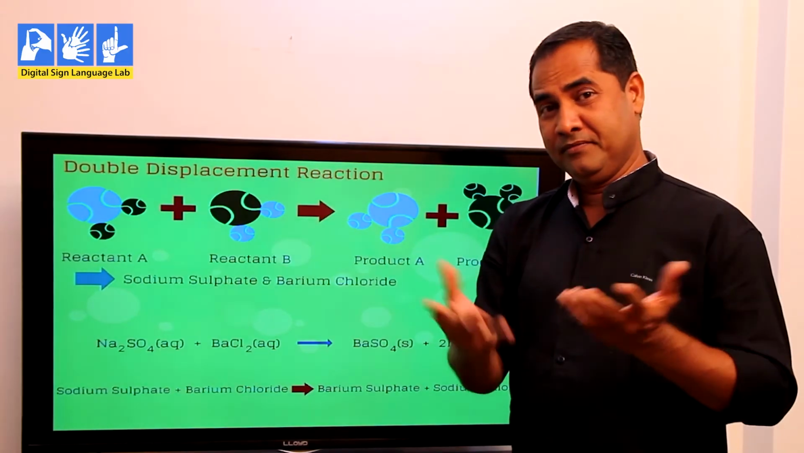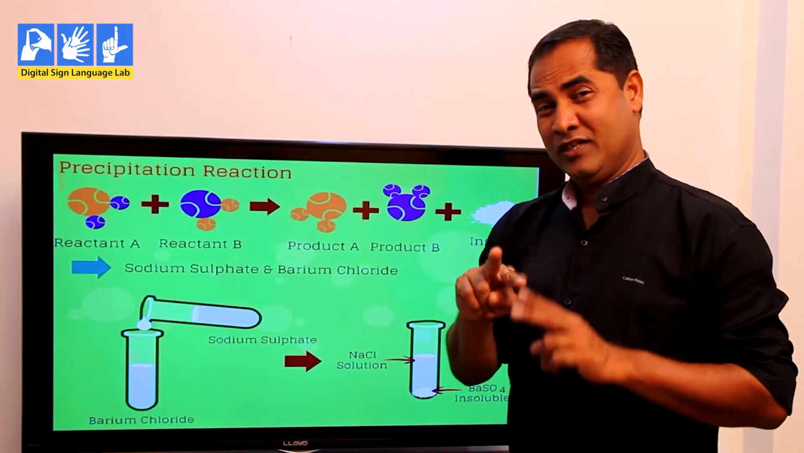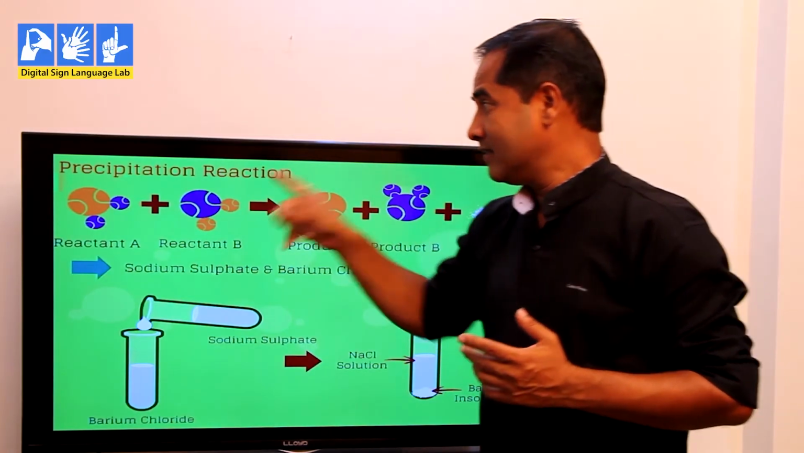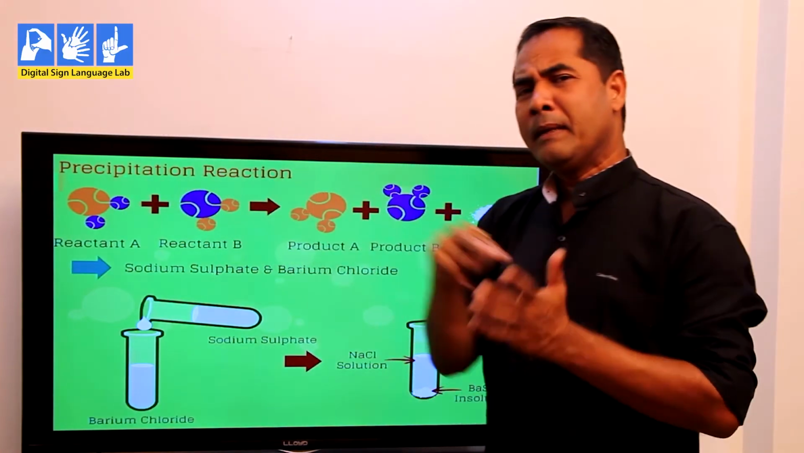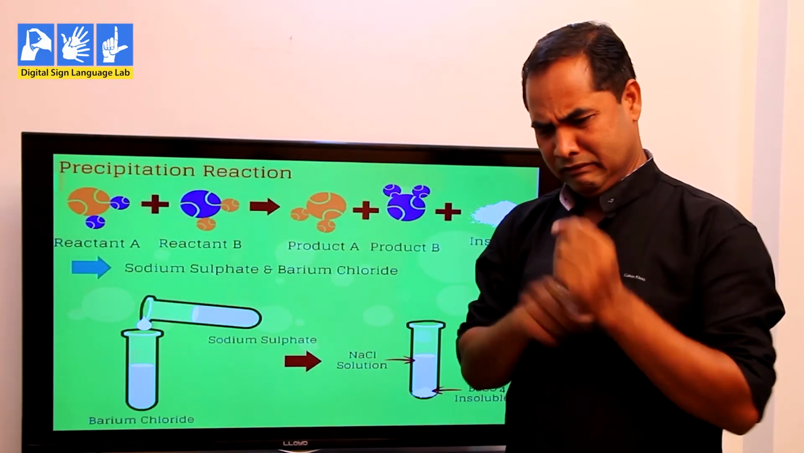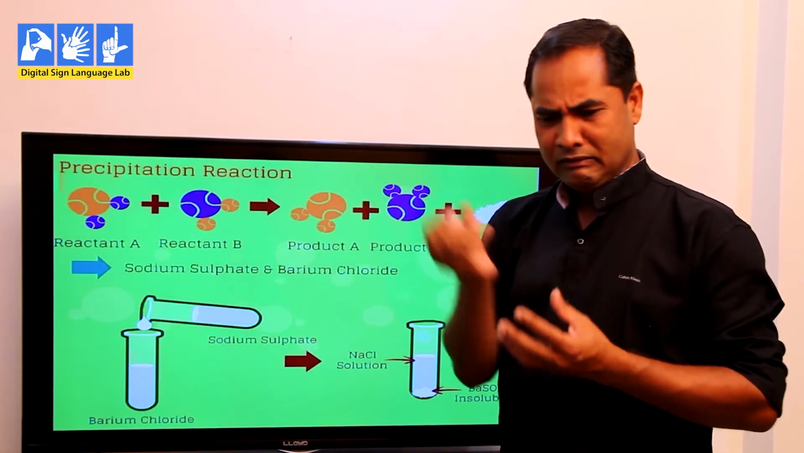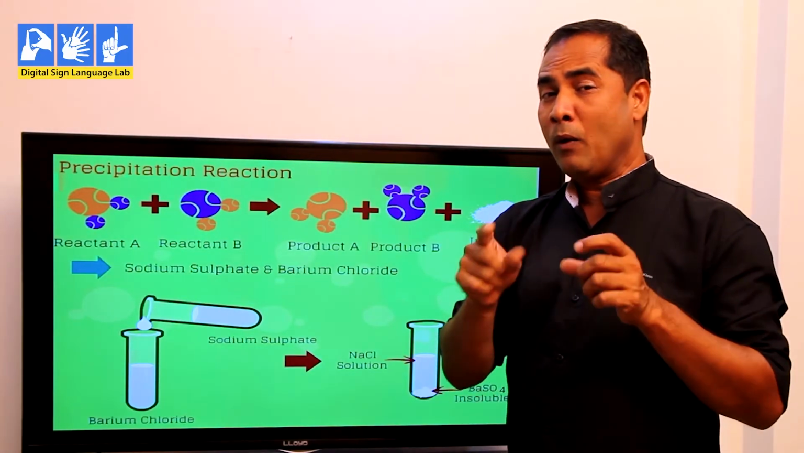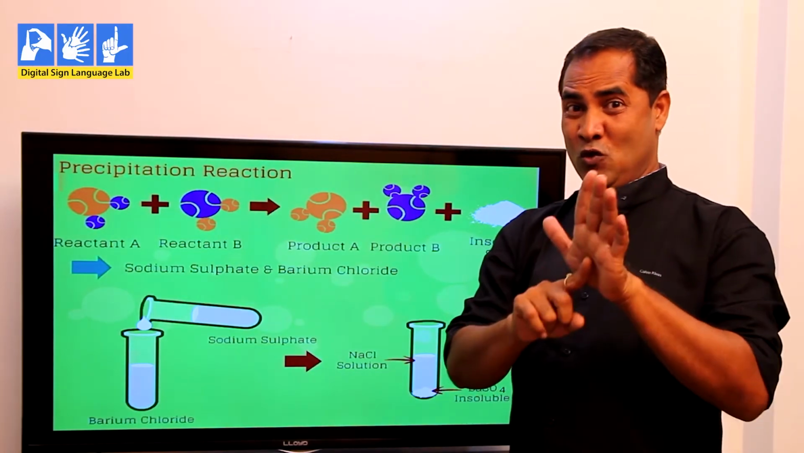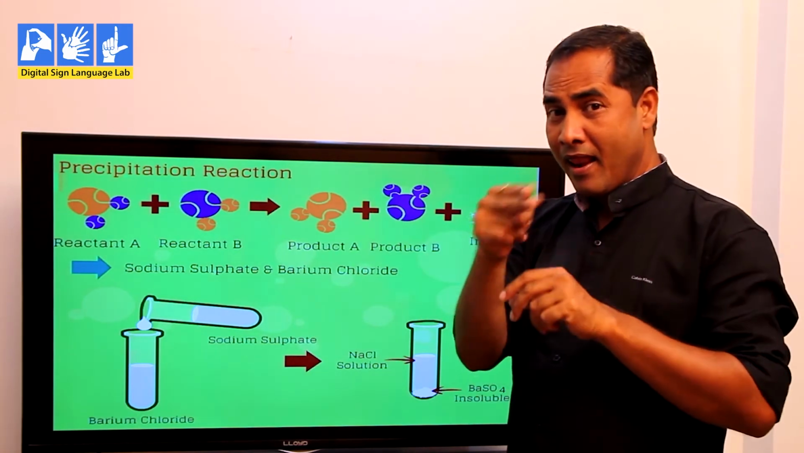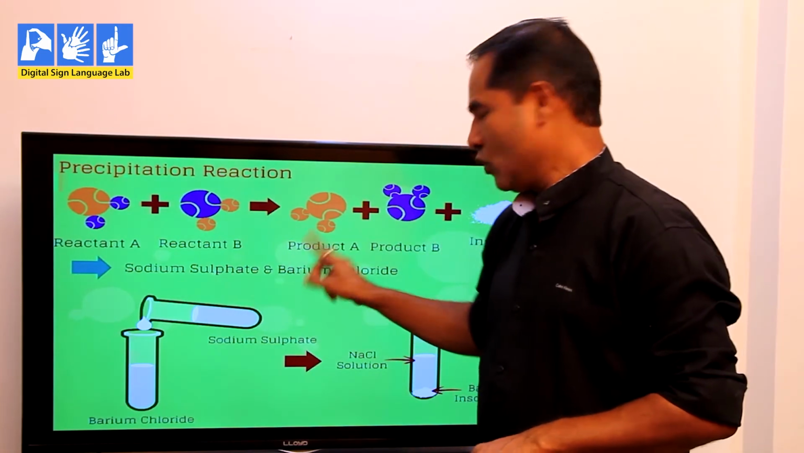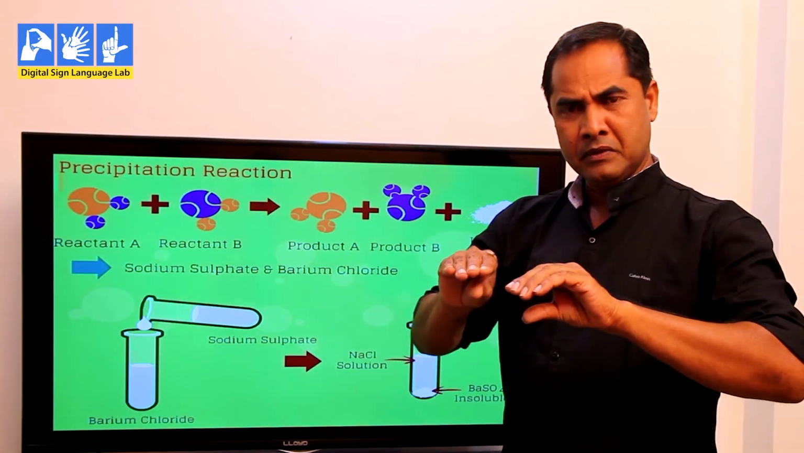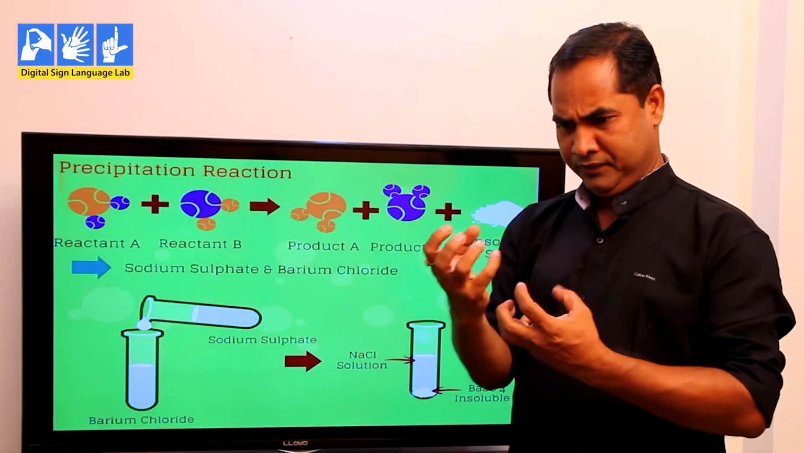So like this, there are many different kinds of chemical reaction. Another type of chemical reaction is precipitation reaction. What is the meaning of precipitation? Something which is left after the reaction is over, a precipitate. I've already shown you one example of sodium sulfate and barium chloride. When this reaction occurs, when we mix these two solutions,